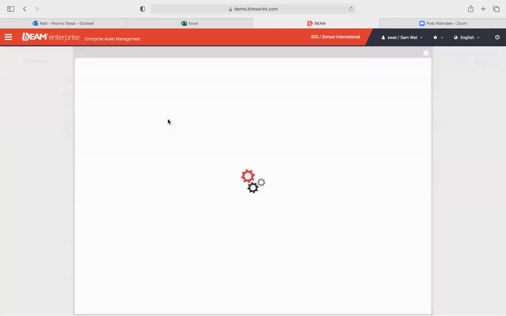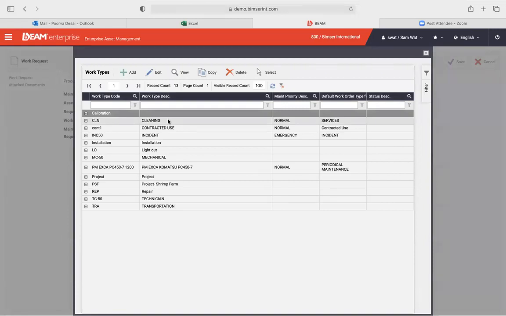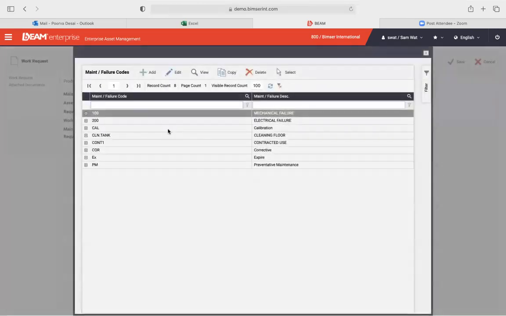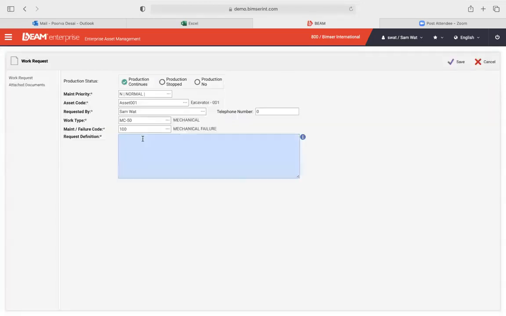And we can also choose the work type that our specific asset needs. So let's say if it's a mechanical issue, we can choose that. And we can also choose a maintenance/failure code. So let's say if it's a mechanical failure. And we can also attach some comments that are related to the work request. So let's say that the